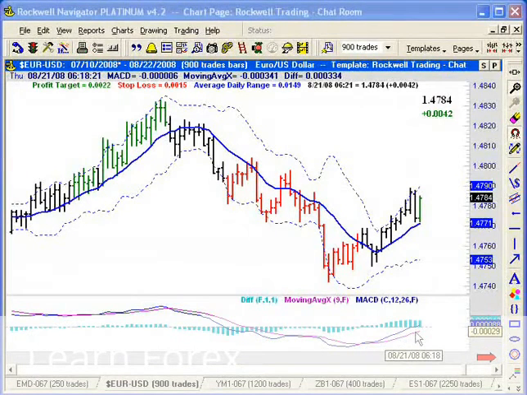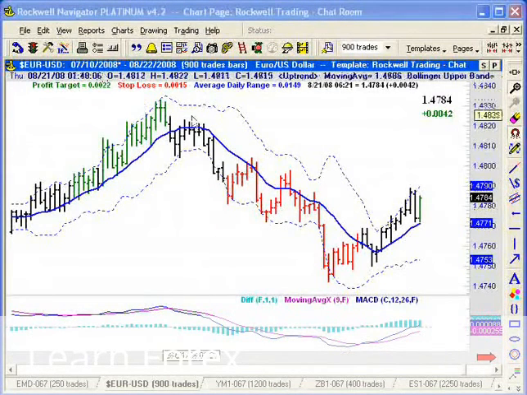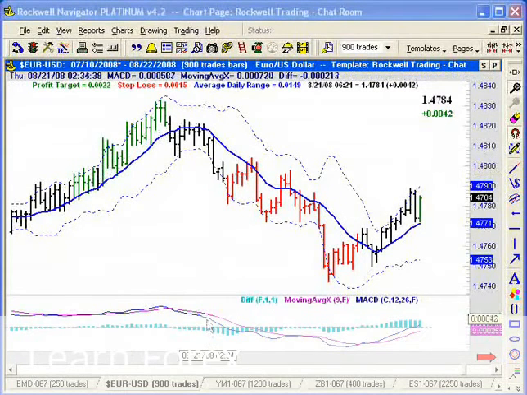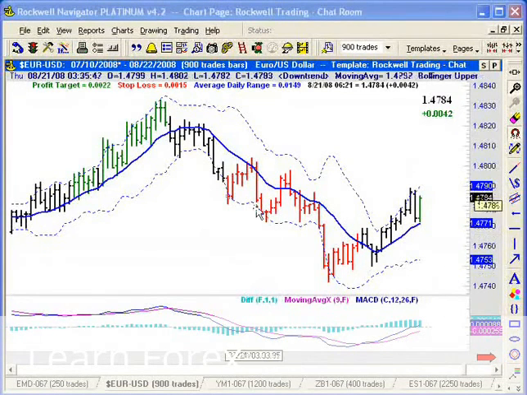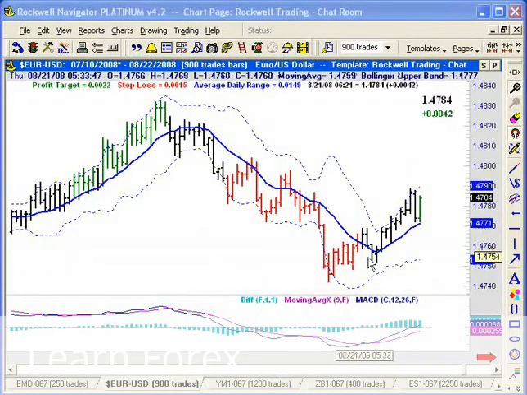As you can see, as long as this criteria is fulfilled, I'm coloring the bars green. In the same fashion, we identify a downtrend. If the MACD is below the zero line and below its moving average, the purple line here, then I color the bars red. Again, in the video How to Set Up Your Charting Software, I explain everything in detail. Just fill out the form on the right and I'll send it to you right away.